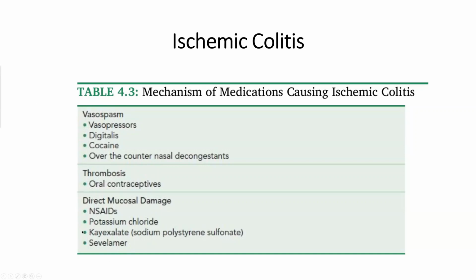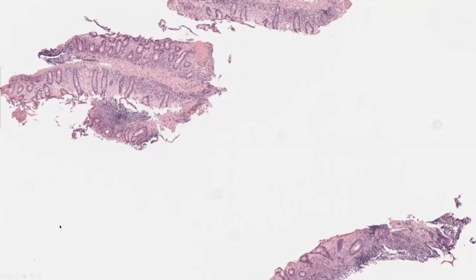So I just wanted to show you an example of ischemic colitis just to highlight this. And while we are in this area of surface epithelium stripping, which we saw in previous examples, I just wanted to show you that example as well. I have two questions for you at this power. The first: do you think the surface epithelium is stripped? Yes or no? The second: do you think that the lamina propria is inflamed or not? Yes or no?